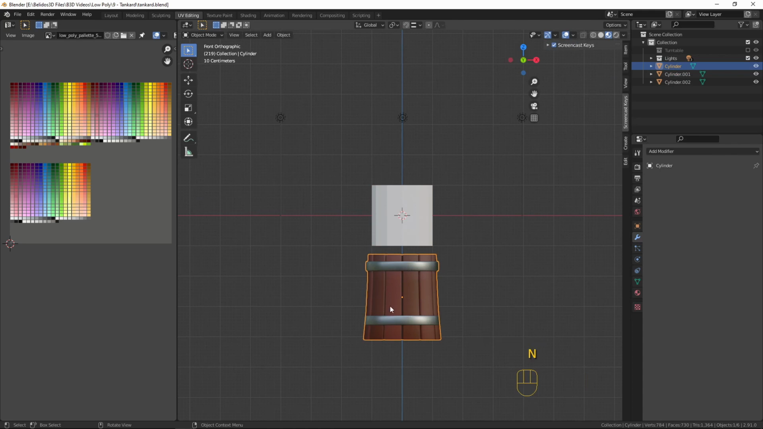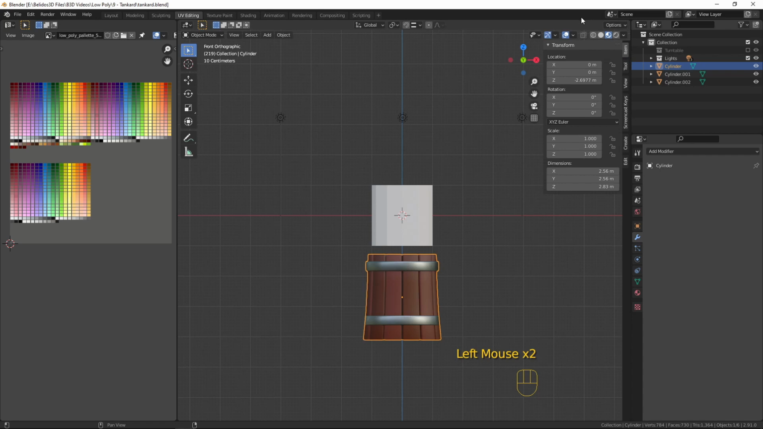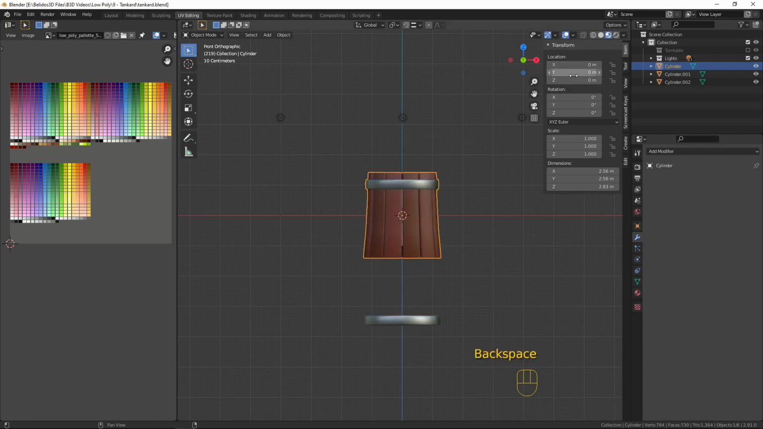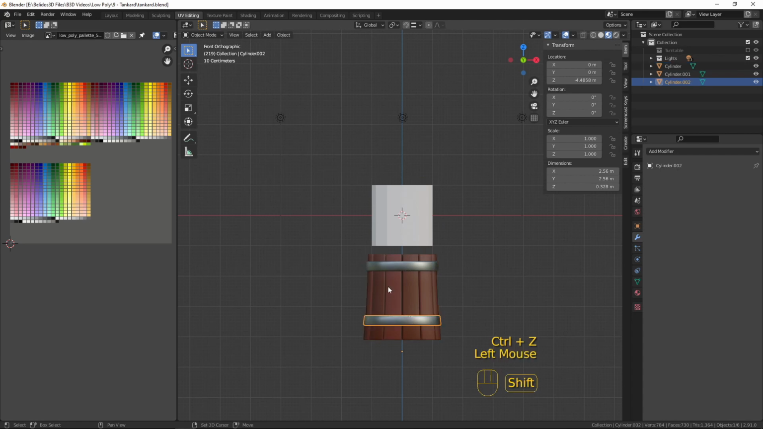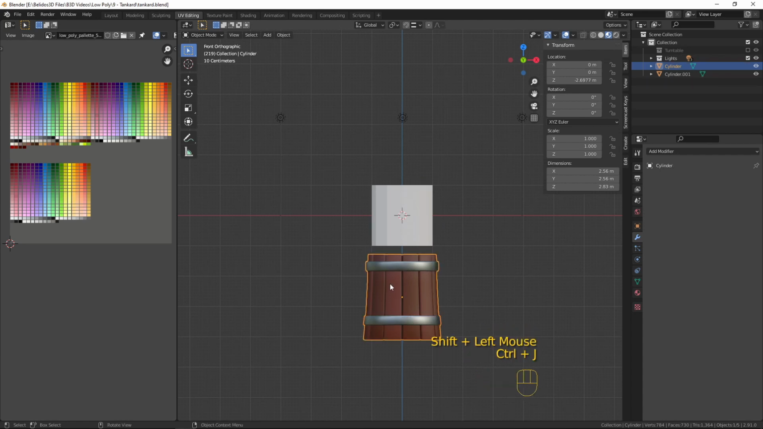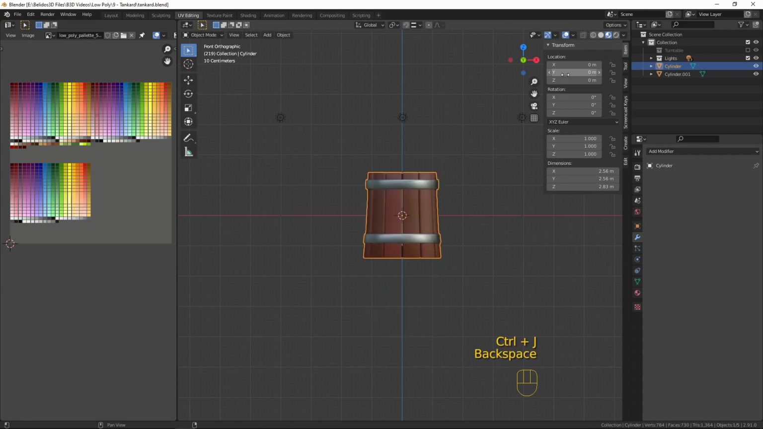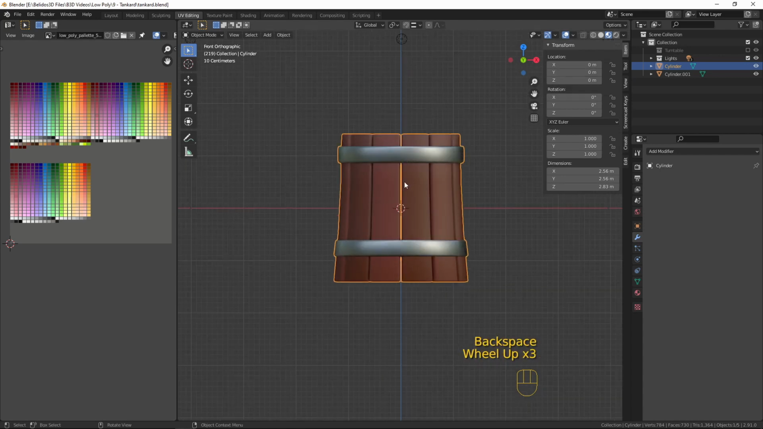So what we do is we'll select the object, press N and go to the transform tab, and hovering over the location, press backspace, and that brings that up like so. And I missed one. It's a good job I missed that. Control Z, select that, and select that, and Control J, and then reset the transform. Okay, so now